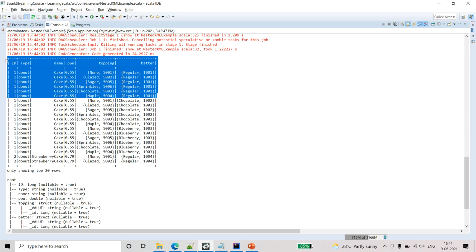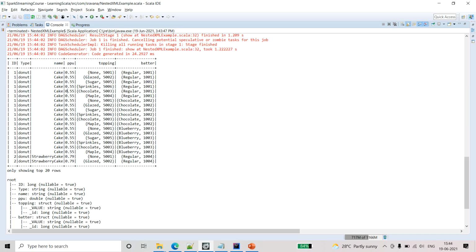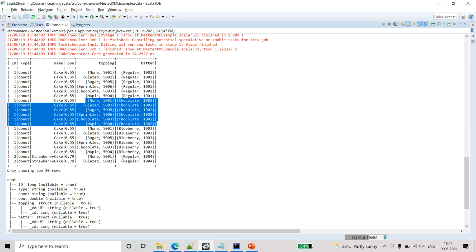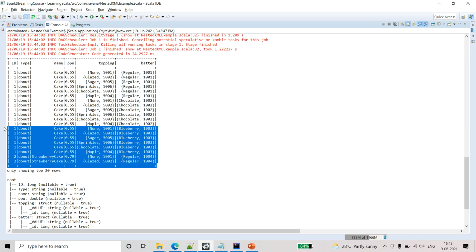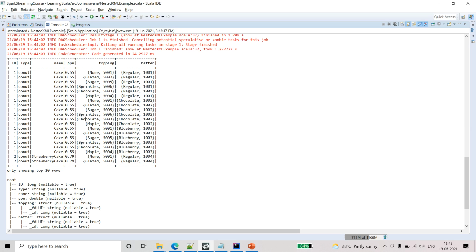It's actually similar to the lateral view function in Hive. If you have worked in Hive, you can clearly compare these two things and relate them as well. Similarly, for the batter with id 1002, it might have created 6 rows, because here we have 6 values under toppings. And here, because I have just given show, by default it is giving 20 rows, but if I give show of 100, maybe it will clearly show all the available rows, or however many rows we want, we can give in the show.